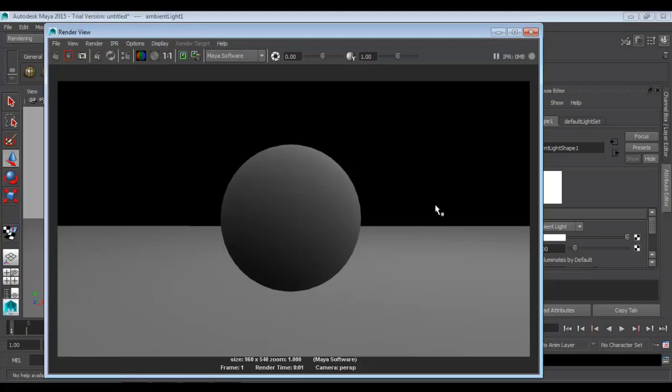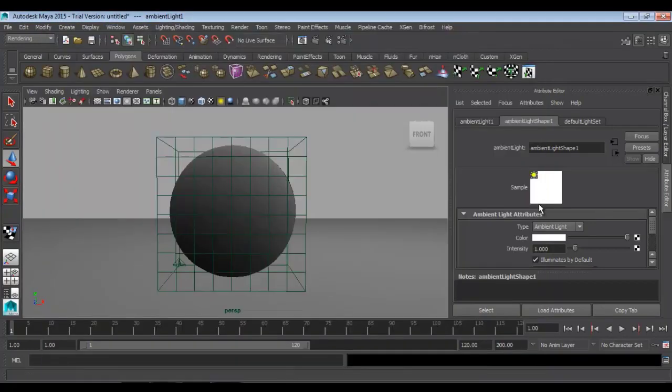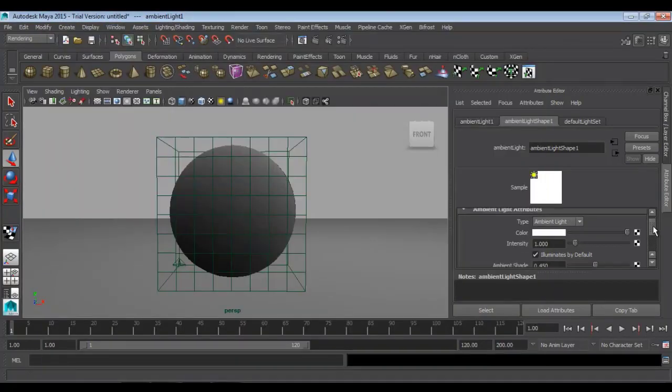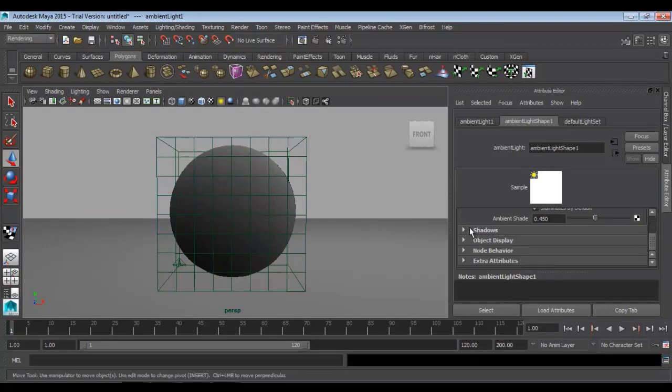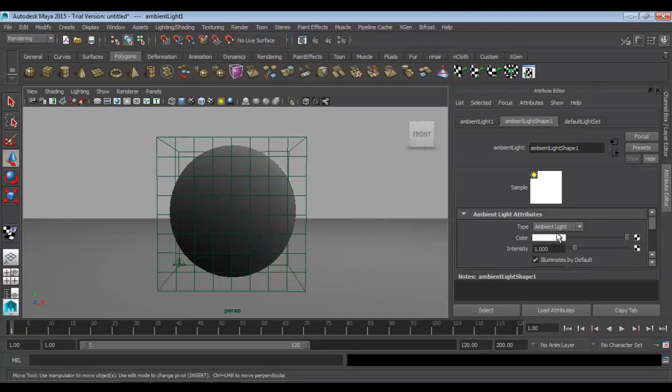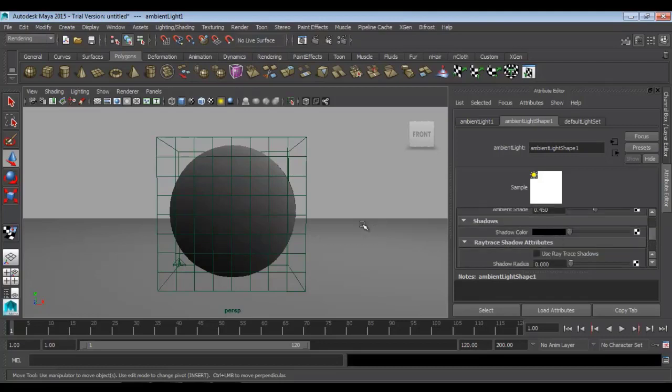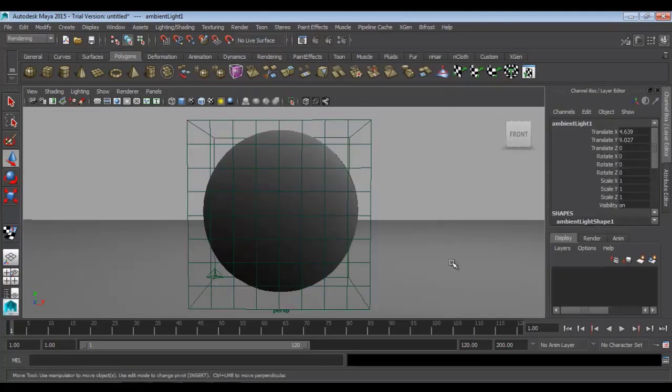There is no shadow right now. We will explain the types of shadow in an upcoming lecture, but for just a render purpose you can select the light, go to the shadow section. I'll turn on this ray trace shadow, which is there in ambient light. In another light we can get the depth map shadow also. So I don't want to use ray trace right now because we haven't seen anything about it. So okay, now